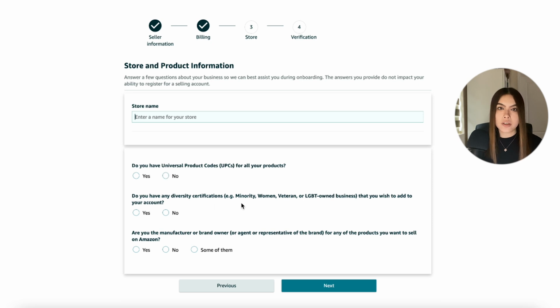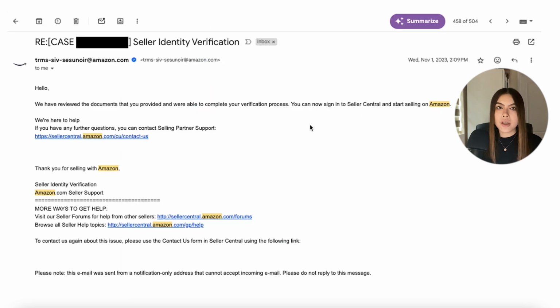Do you have any diversity certifications? You'll probably know if you do. I selected no for this one. Next, are you the manufacturer or brand owner? If you are planning to apply for brand approval or registry, then select yes, otherwise no, and then click on next. You'll then be asked to verify your identity by uploading a photo of your ID and your bank statement